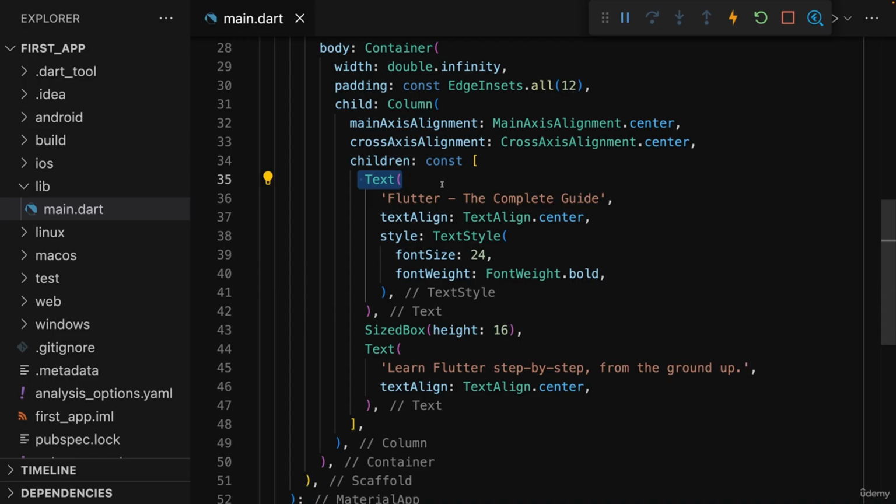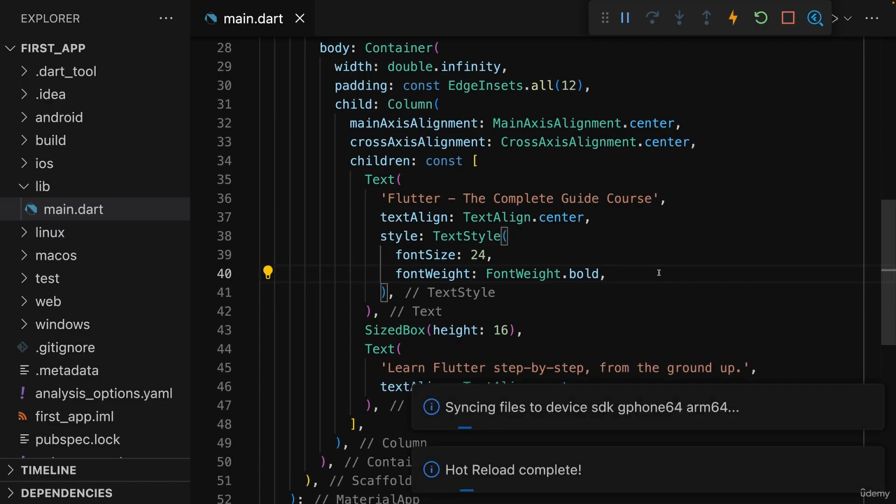Now in this text widget here, in this first one, you find this text here, Flutter the complete guide. And let's say we want to change this code and we want to rename this to Flutter the complete guide course. We can simply make that change, and if you then save that code, and at the moment it's unsaved, as you can tell in VS Code by this dot here that's showing up next to the file name in this tab. But once you save that change, for example by pressing Ctrl S or Command S on macOS,